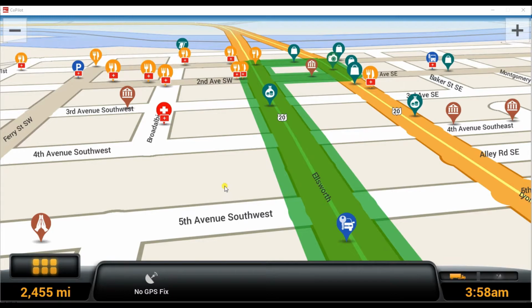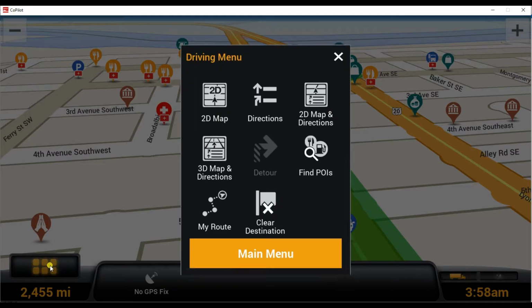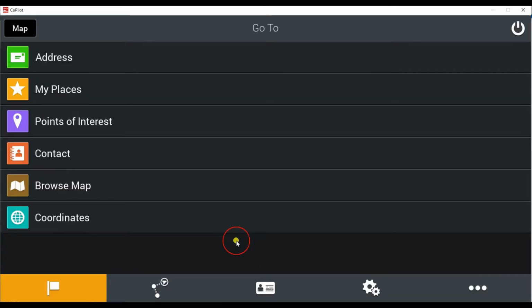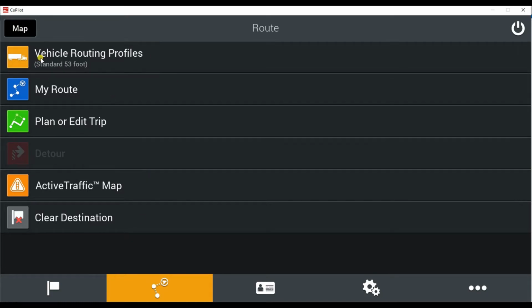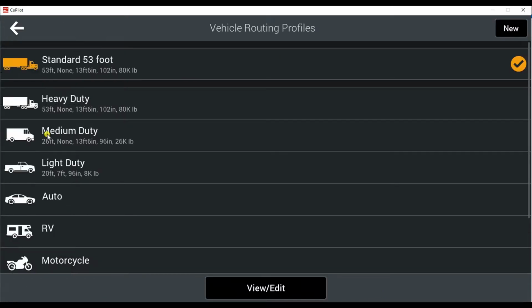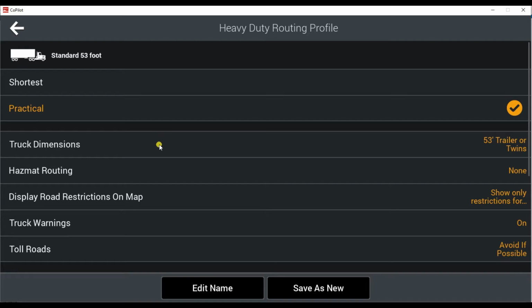Another rather huge feature, I feel, in version 9 is the ability to go into the main menu and go to your route settings, and you have your vehicle routing profile. The vehicle routing profile is still in version 10. This is going to give you the option to switch between many different vehicle types. However, if you edit the truck profile, you will have an option in here